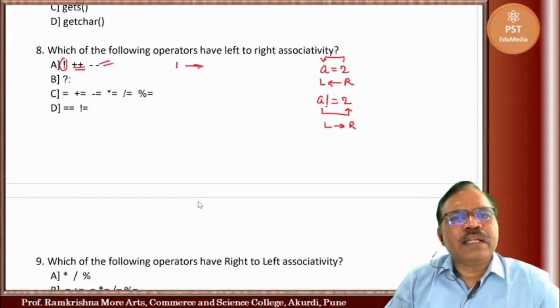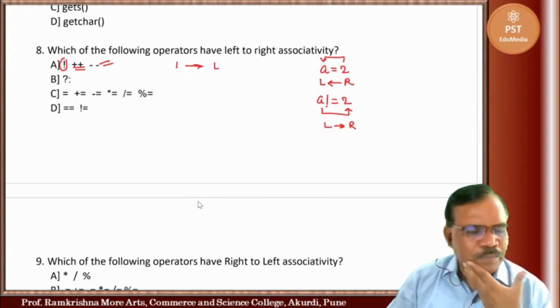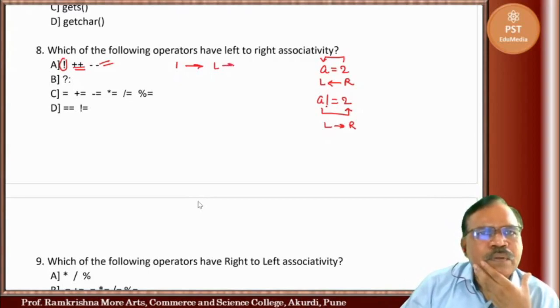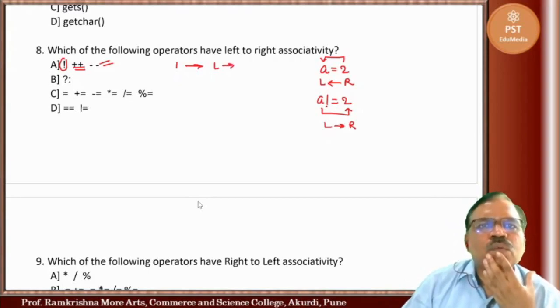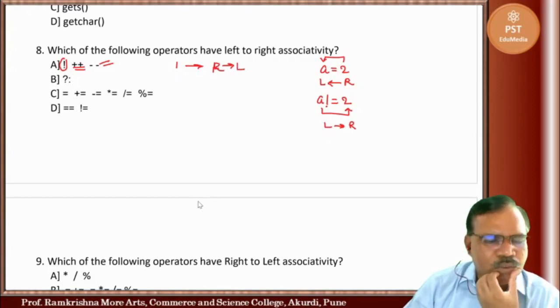All these operators have right to left associativity.